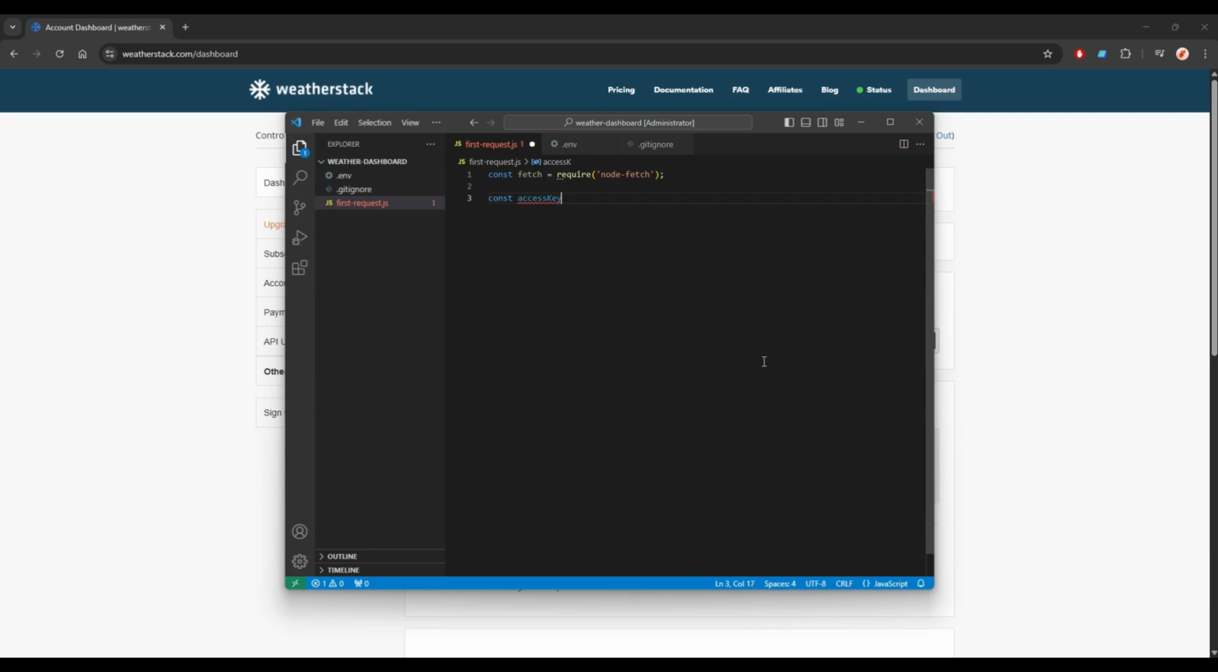But we are going to get this process.env.access_key. And then we also want to require, and then we're going to do .env.config here. Perfect. Don't forget your semicolons. And now that we have our access key loaded in and have fetch declared, we are going to now